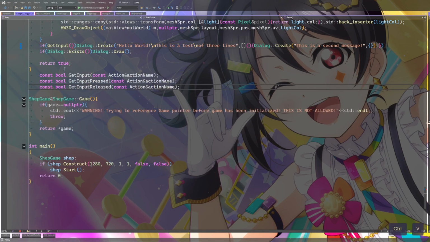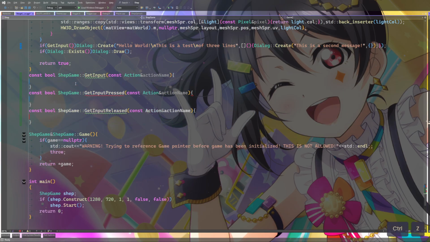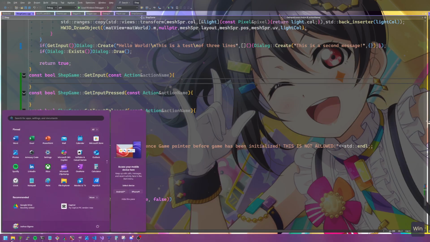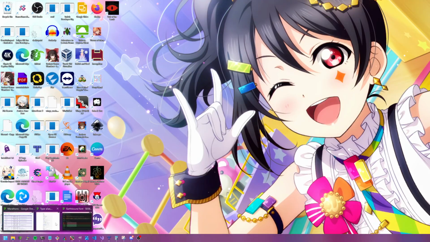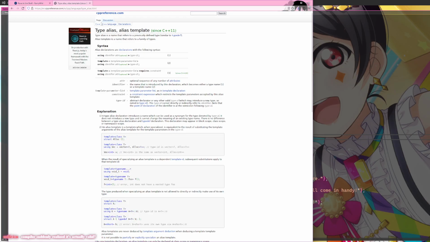It wasn't. Okay, so for these, we iterate through all inputs and see if we can find one. That works. Can we use ranges for this? I feel like we can. The one thing I've been practicing is how to use ranges more.